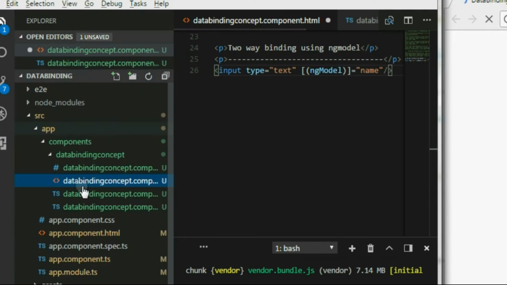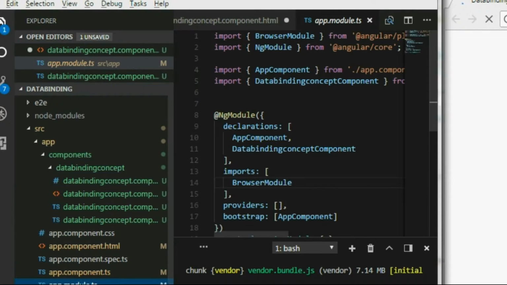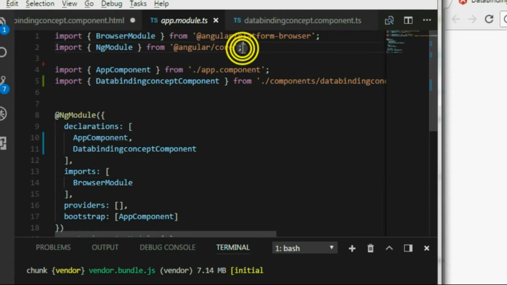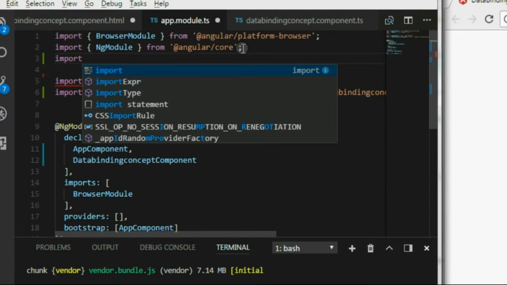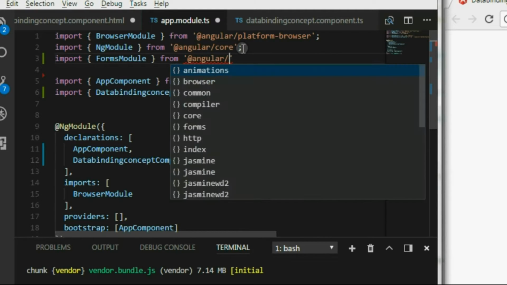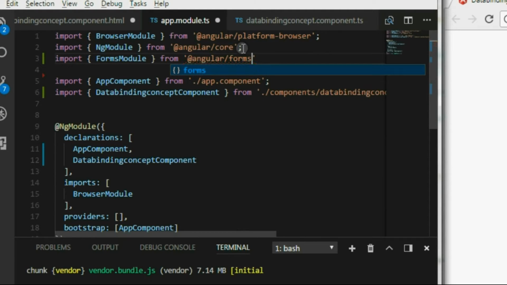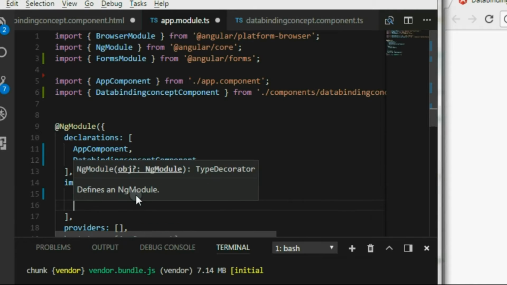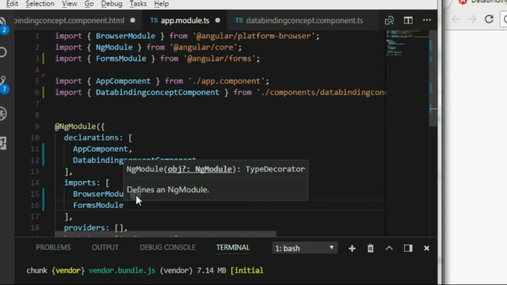We also need to go to the app.module.ts file and we need to import the forms module because the ngModel directive resides in the forms module. So we do an import FormsModule from @angular/forms. We also need to go to the NgModule decorator, and in the imports we need to take this forms module and put an entry. We'll save this and then we'll go to our data binding concepts.html,